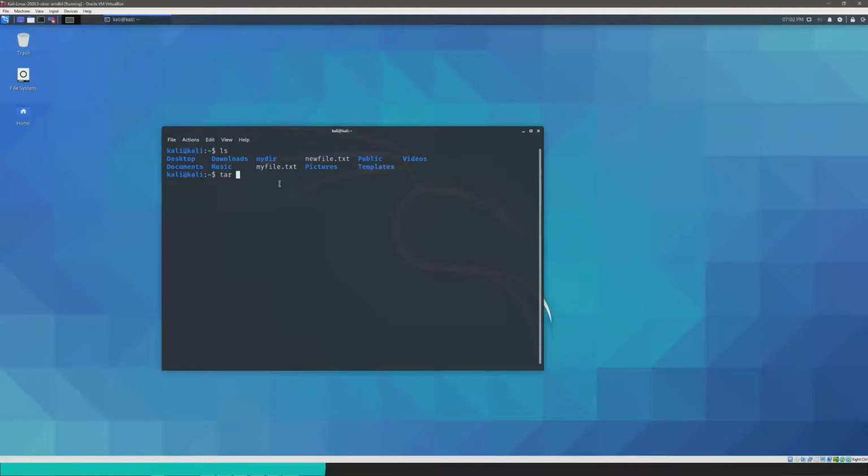So you do tar zcf. This compresses it. The Z, yeah, Z compresses it. C puts it into an archive, and F specifies that you want to use an archive file. So here I would specify the name of the tar file that I want to create, and here I would specify the directory I want to put into the tar file, or the file, either or. And then when I do that, it successfully creates an archive.tar file.